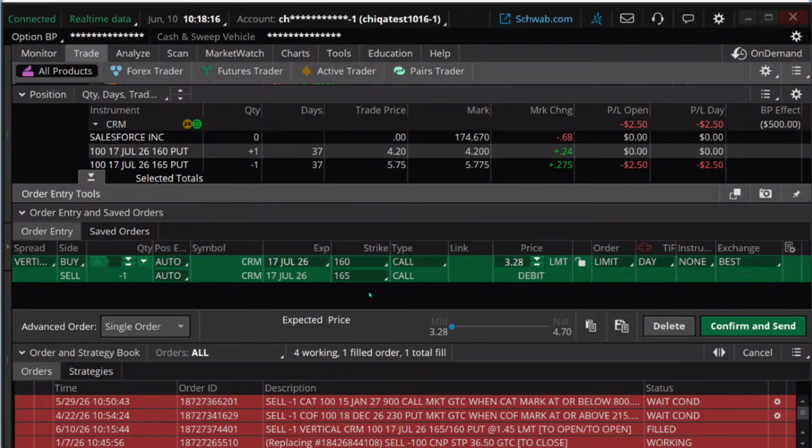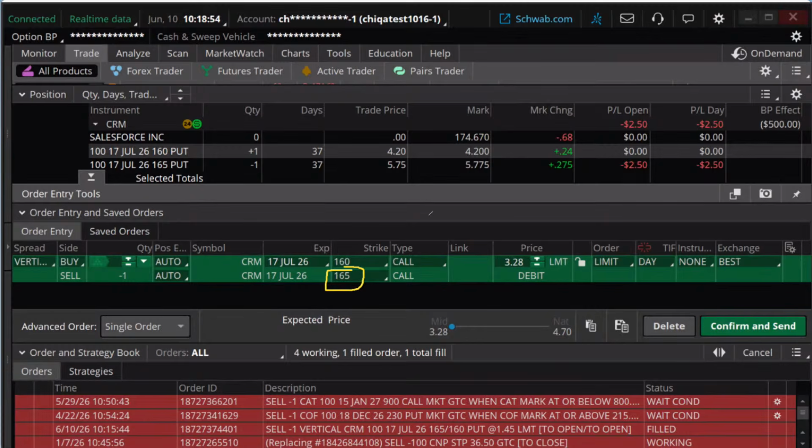And one reason is this. Remember, that thing we say pretty much every time I give this webcast, short options can be assigned early. Look at this short call here. If we were to do these strikes with the stock close to 175 right now, this short call would be in the money significantly. And the odds of early assignment go up the more in the money you are and the closer you get to expiration. This is substantially in the money right now.